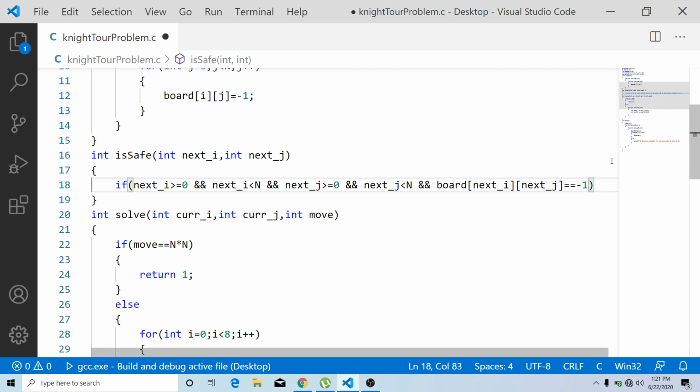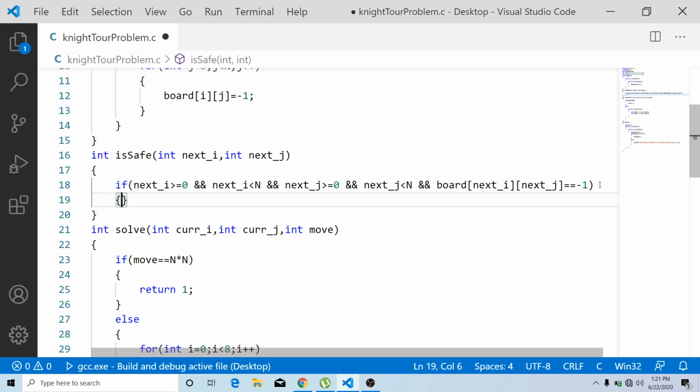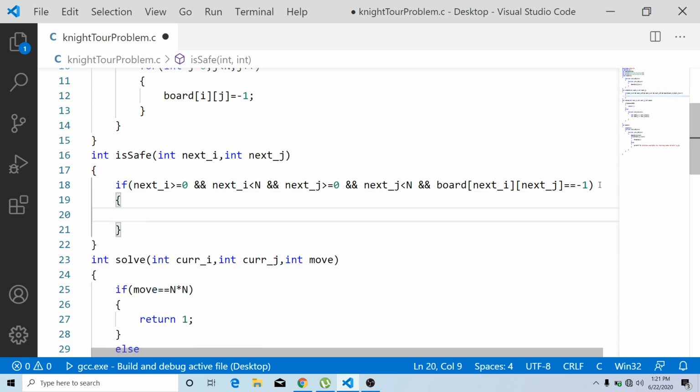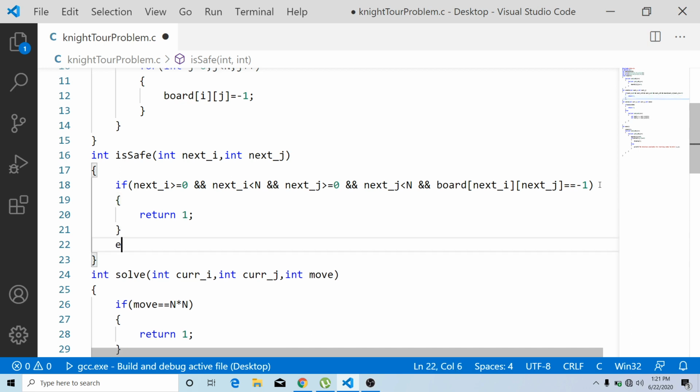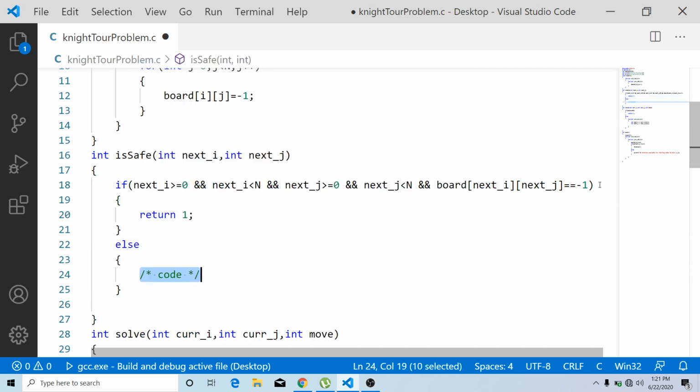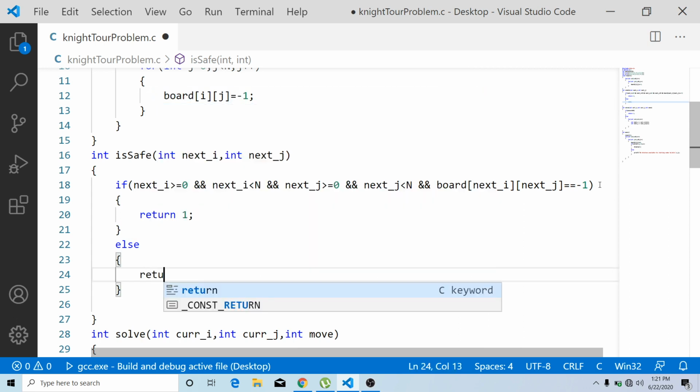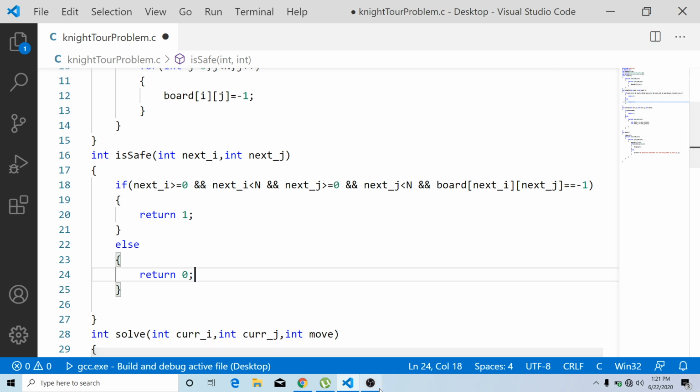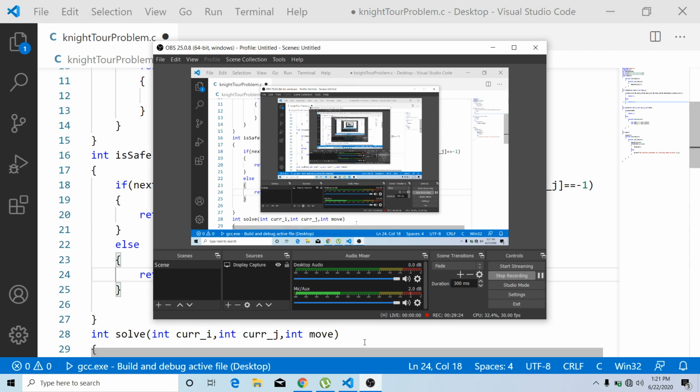So if all these 5 conditions are true, then we call that particular cell a valid cell for a knight to be moved. If this condition is true, we return 1. Else we return 0, which means that this is not a safe cell for a knight to be placed.